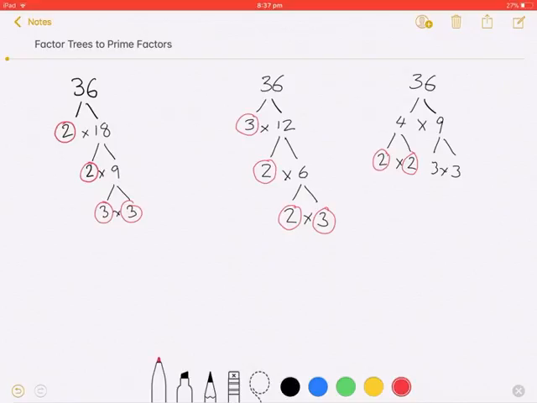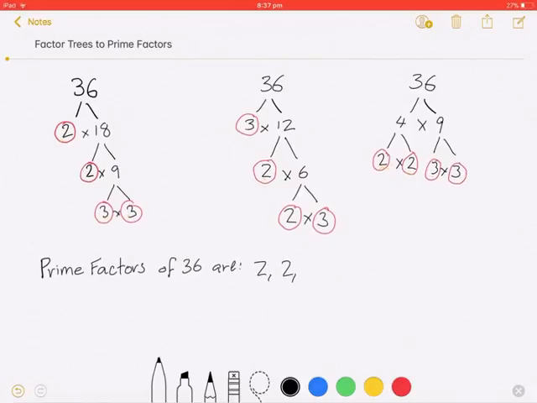Can you see the pattern with those? Can you see what is in common between all of those, even though I started differently? It's got two 2s and two 3s. Two 2s, two 3s, two 2s, and two 3s. So if I was going to write the prime factors of 36 are